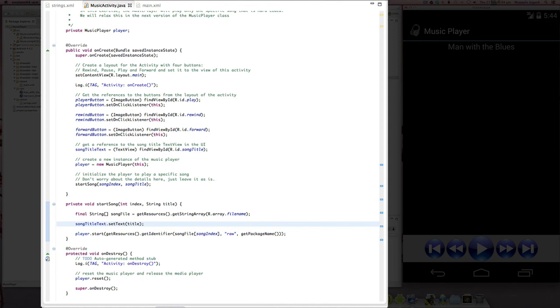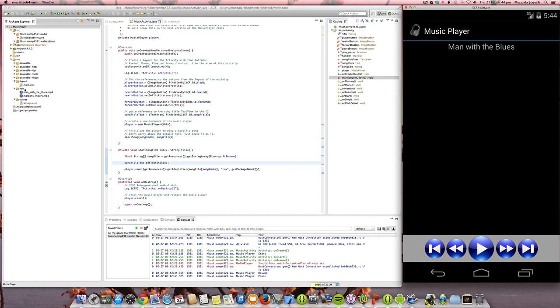Any music or sound files that you include in Android have to be put into this folder called the raw folder. Okay, so that's why the MP3 files are included in the raw folder. But when you include them, Android automatically creates the appropriate reference to these particular MP3 players within the code. Okay. Now, getting back to our example, let's just see how we can use these 2 songs to create a